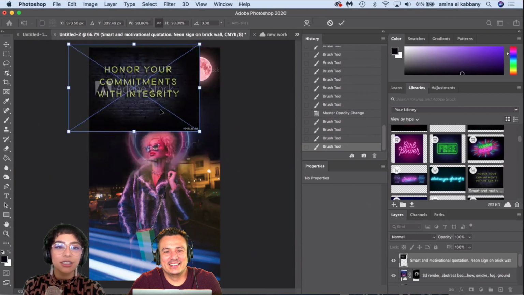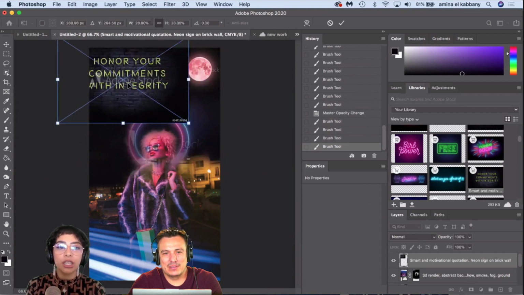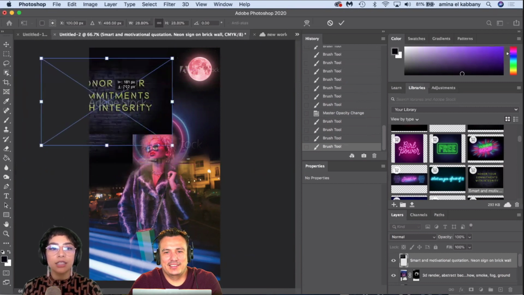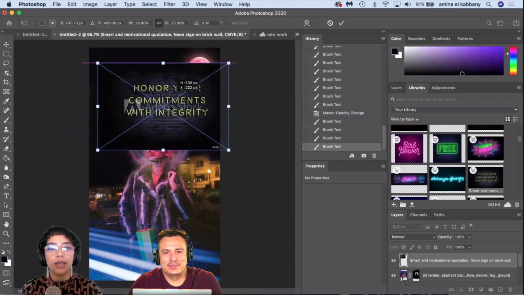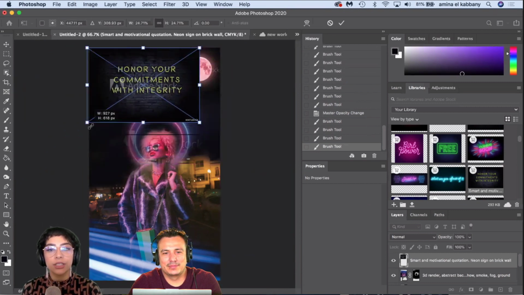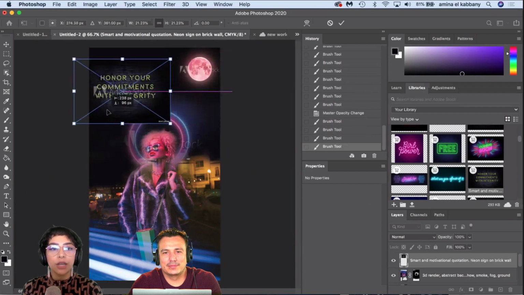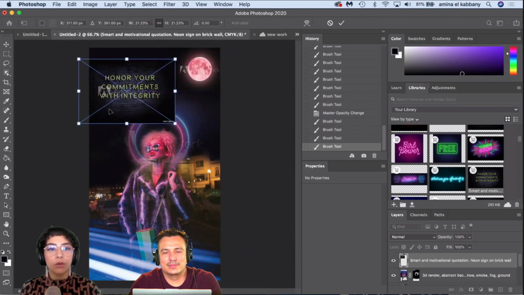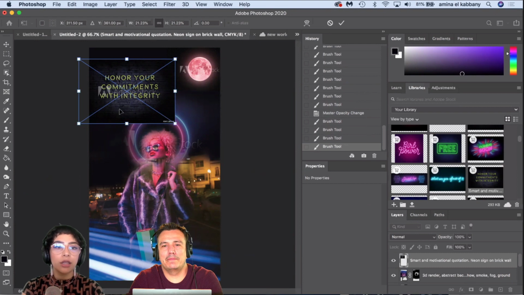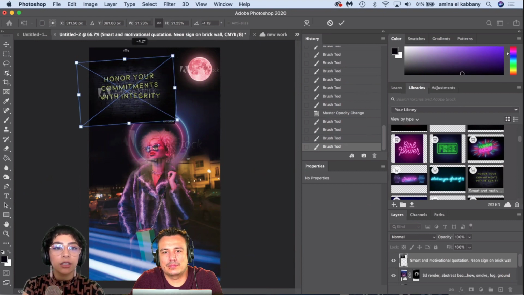So, I'm going to just start bringing in some of the words that I want this new world to emulate, and we can keep adding design elements as we go, as well as different words or phrases. I'm going to be creating my own little language here. I really like the word honor and integrity. And maybe I can move around the word commitment too.